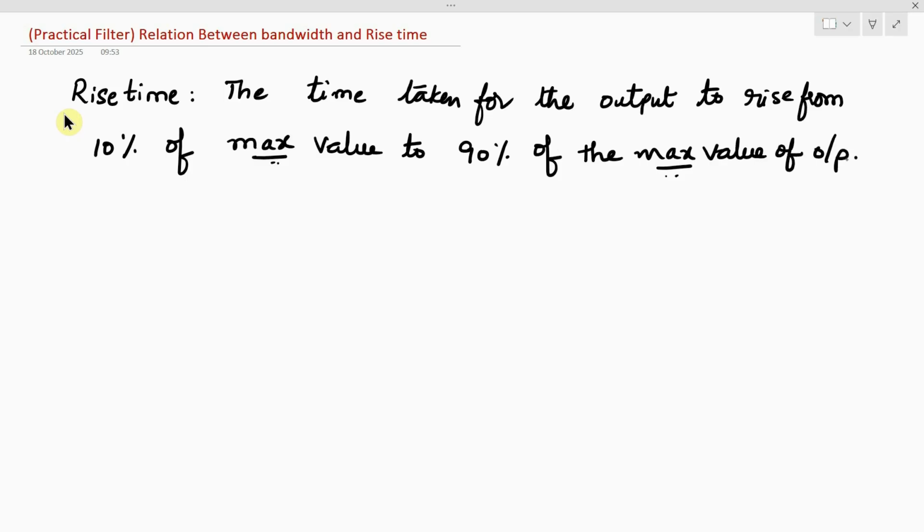Okay, this is how we have defined the rise time. And also we have earlier seen what is the 3 dB bandwidth. So we start with a practical low pass filter, which I have considered is a simple RC circuit